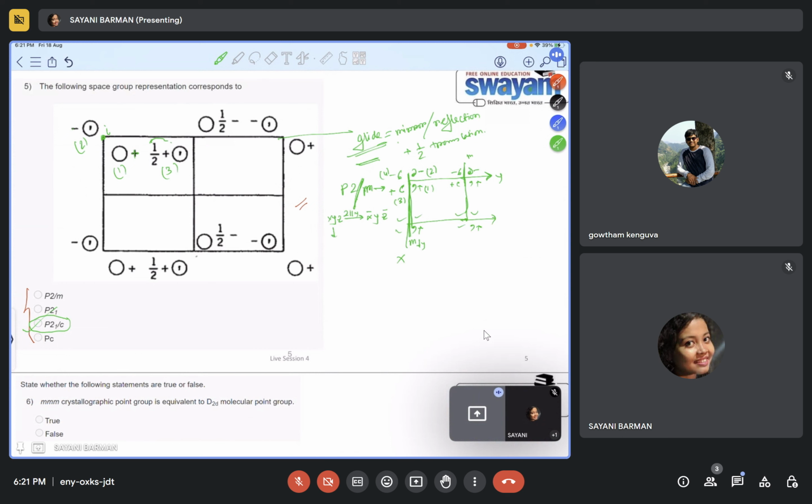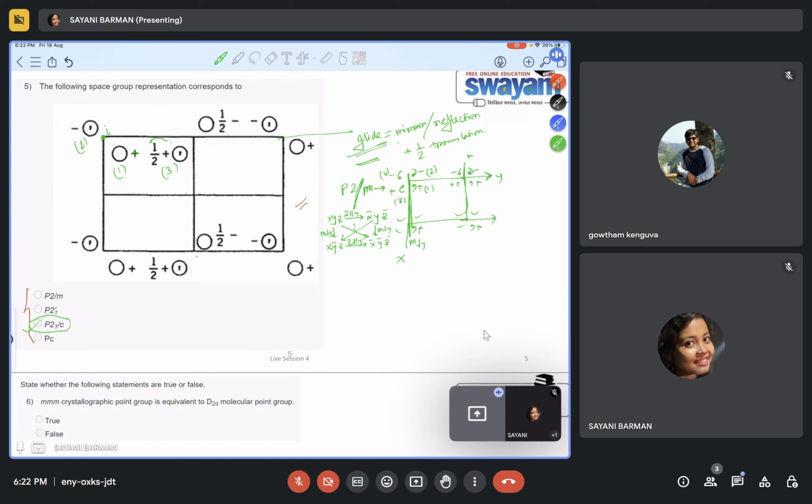Then on this, if we operate a mirror perpendicular to y, then x, y bar, z. Now again, if we apply the twofold rotation, it will be x bar, y bar, z bar. And similarly, this is this. You can see this is inversion related and this is also inversion related. So there are